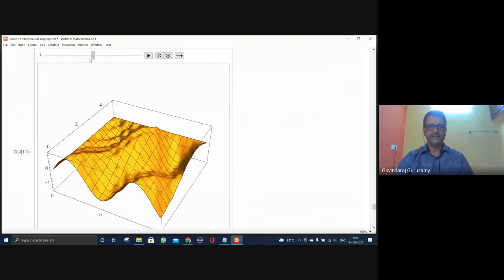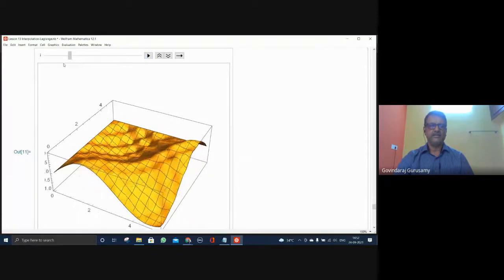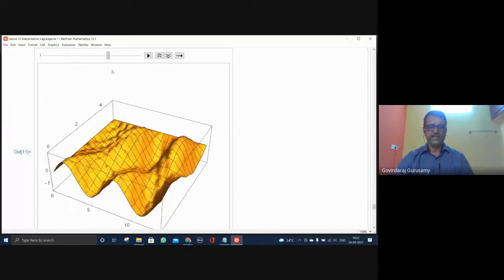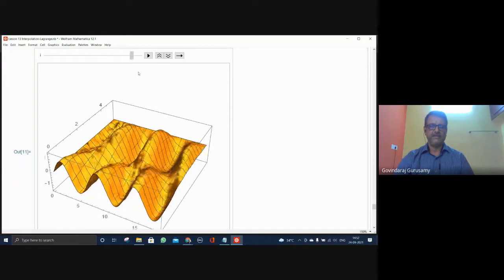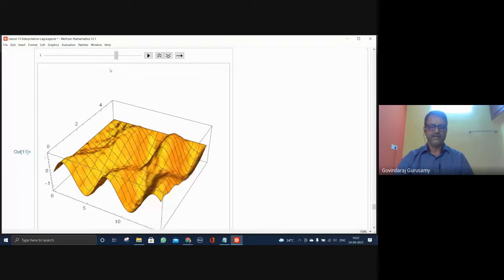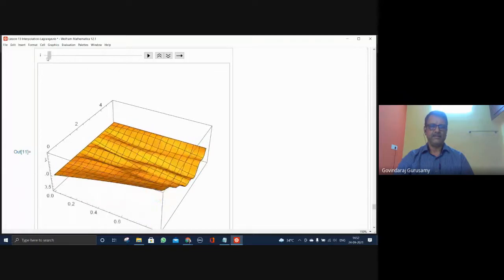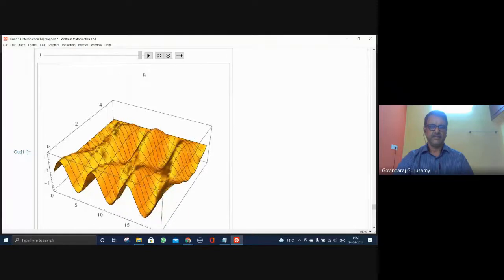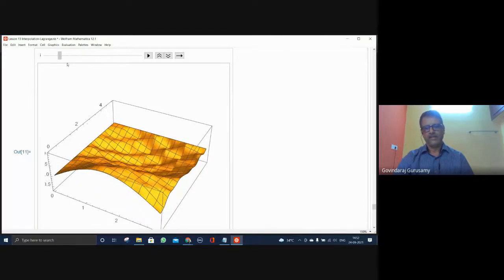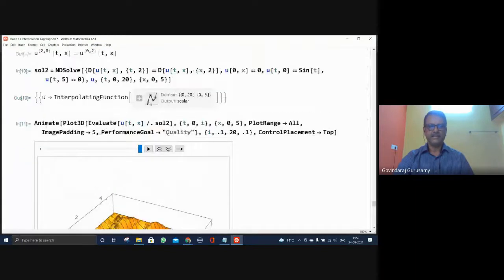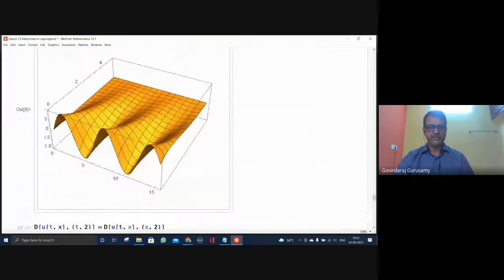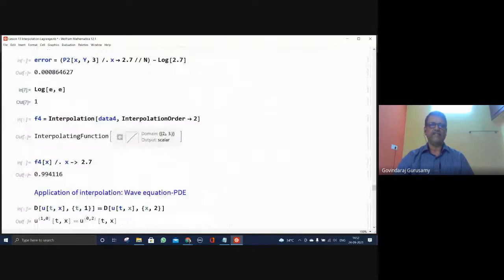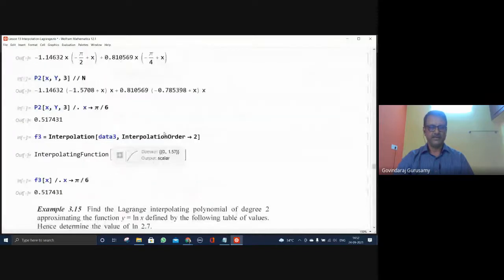This is the nice picture that you get. Okay. This initial wave is sine t, so you see the effect of the sine t will be there. The analytical solution is available, fine. You can assume that this is a solution of sine t and then try to look at the standard one. So what is important here is that interpolation is something which we wanted to explore, and that has been done for two variables automatically in NDSolve. So this is what I wanted to share with you.